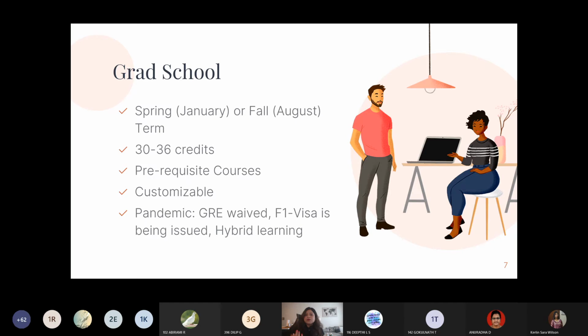So ஒரு கோர்ஸ்க்கு 3 credit இருக்கும். Usually there are 3 credits for a course. So if it's a 36 credit course, you have to take at least 3 courses because as international students, we need to maintain 9 credits per semester. So 3 course கண்டிப்பா எடுக்கணும். அப்படி அந்த 3 course ஒரு semester எடுத்தீங்கன்னா நீங்க வந்து 4 semesterல முடிப்பீங்க, which spans on like a 2-year timeline.